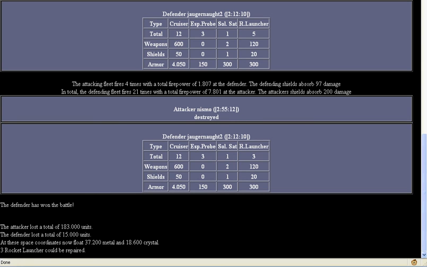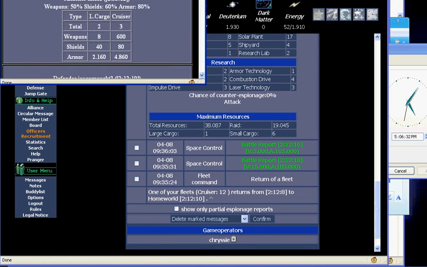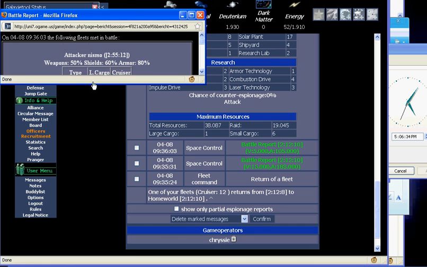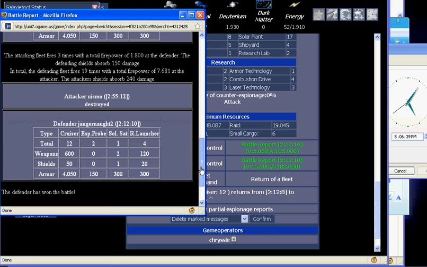So, anyway, all he took out was a probe and then rocket launchers on both hits. So, yeah, that's how you do a ninja. Or one way of doing it. I'll show different ways